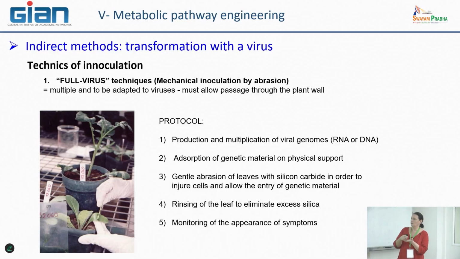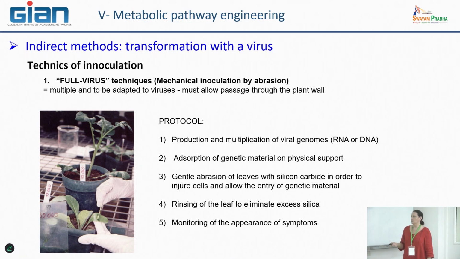So in this way, you take some silicon carbide, as you said. You cause some physical damage to the external layer of the plant cell, mainly the cuticle, and also the epidermis. After that, you can put some particles inside, and in this way they can diffuse in the leaf through plasmodesmata, and afterwards through the whole plant by the same system, phloem or plasmodesmata.